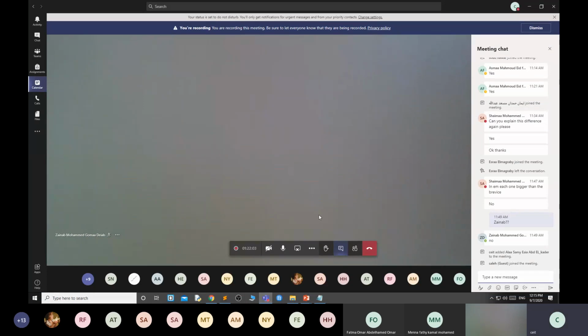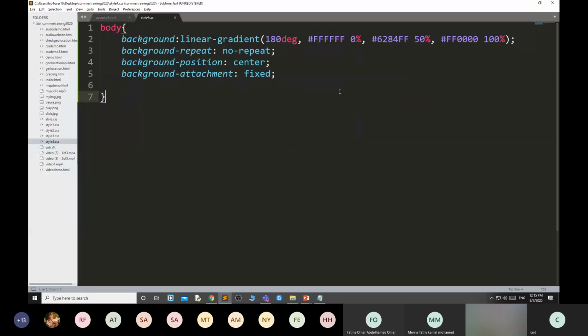Did all of you get it? How to do that? You can see this code and what it is telling: you rotate it 180 degrees, and the first color is this one at 0% white, this color is at 50%, and this color is at 100%. Means white color from 0% to 49%, from 50% it will get this color, and till 100% it will get this color.